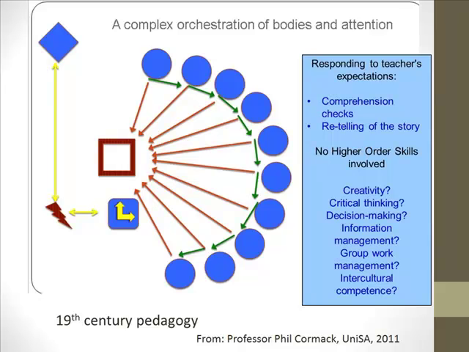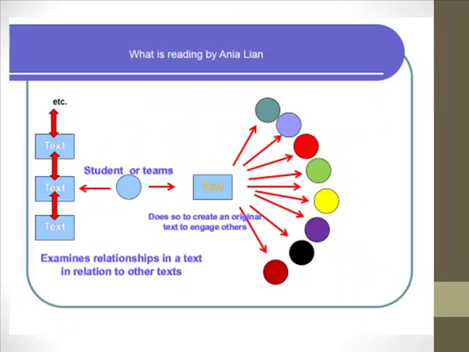The comprehension checks and retelling the story. Danny, tell me what I said. Danny, tell me what the story was all about. For the sake of actually making sure that you heard what I heard, as opposed to some other purpose, which is driven by children's needs. And then they really want to know whether that meant that,